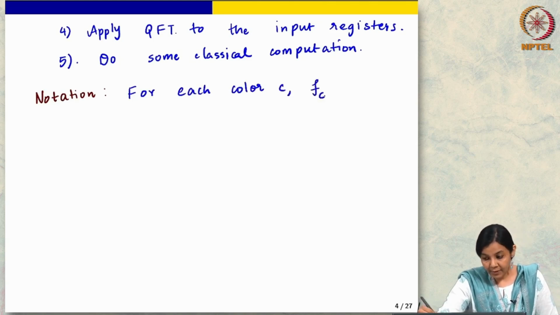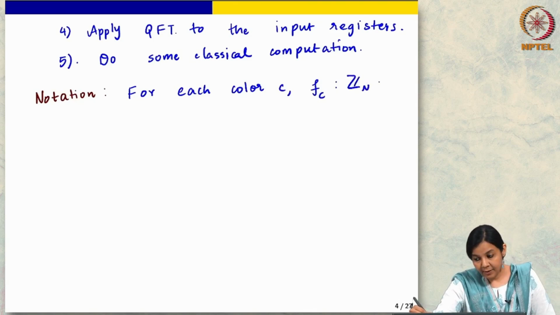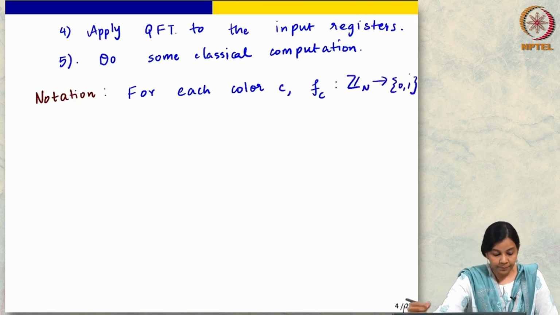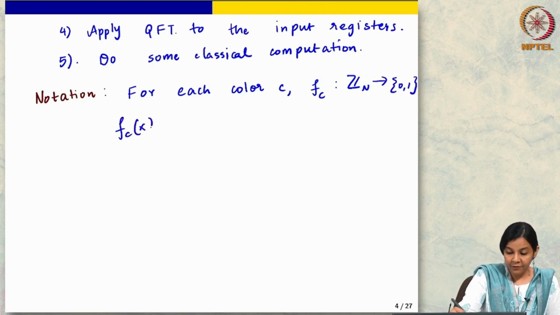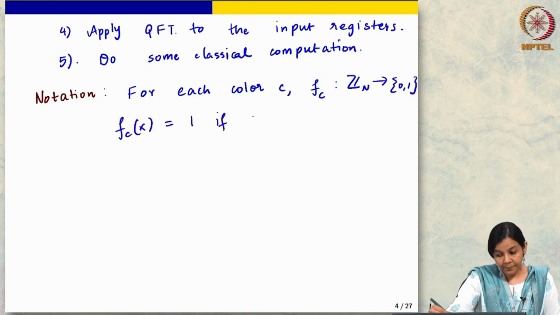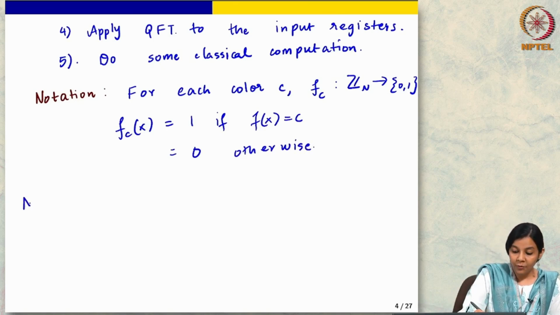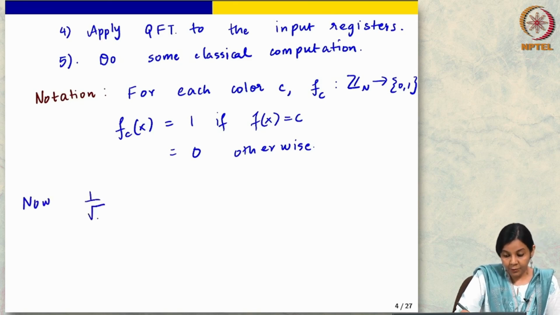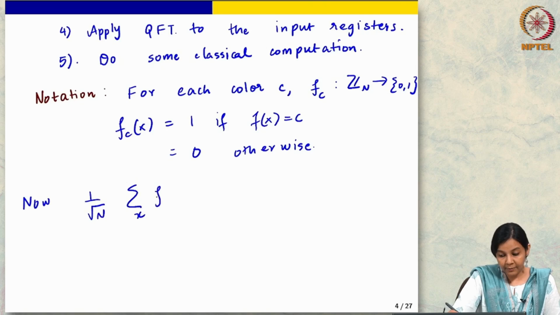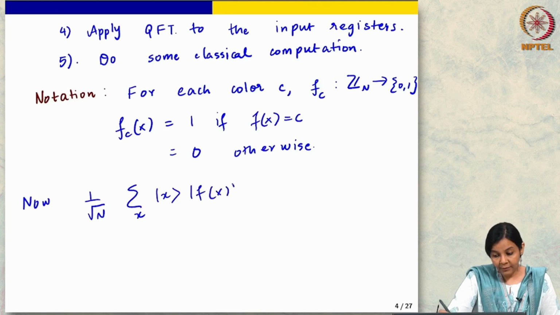For each color C, I will define this indicator function from Zn to {0,1}: Fc(x) is equal to 1 if f(x) is C, and is equal to 0 otherwise. Now, we had this 1 over root n summation over x of |x, f(x)>, which we got by applying the function oracle. We rewrite it as